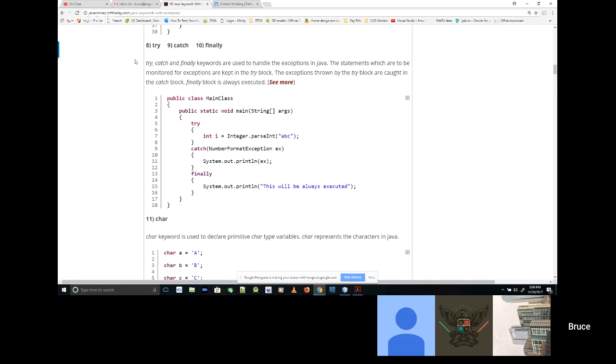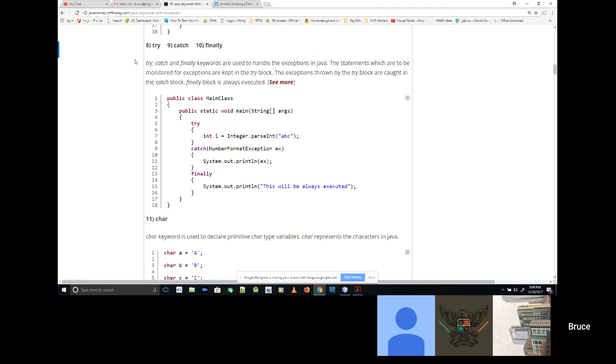Okay, so they have defined a special type of exception. Now, if they were to put the integer parse on line 7 and line 11 and not put it inside of a try or catch, it would still throw an exception, but it would not be caught at this point. It would be caught at another point, and eventually your standard out would say something about it in some probably nasty unformatted way. When you catch it this way, you have the opportunity to format it and do all kinds of special stuff with it. When the system does it, it just dumps it out. It just basically throws it up.